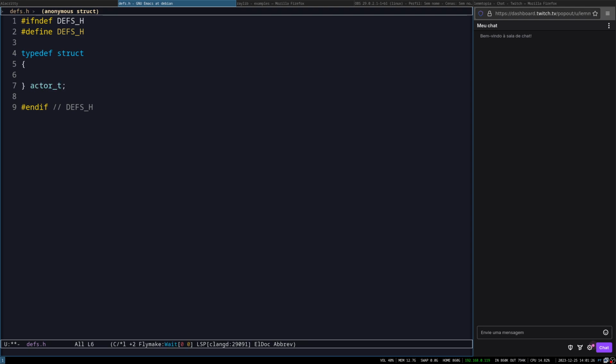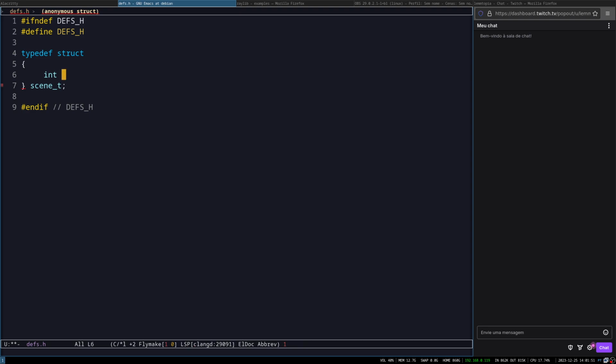So the actor will have a, and the actor, let's do a scene_t. The scene will have, I kind of want to use data-oriented programming for this, so let's do